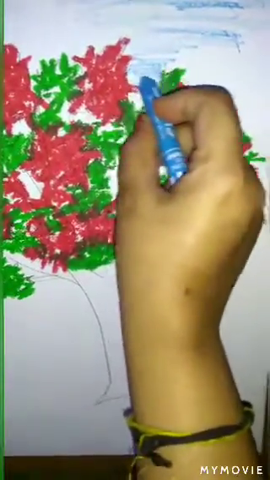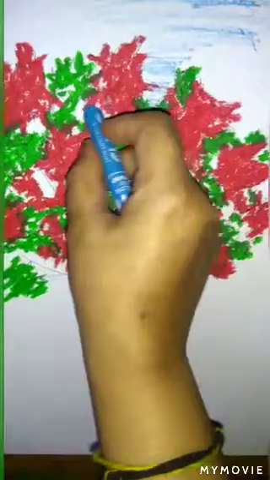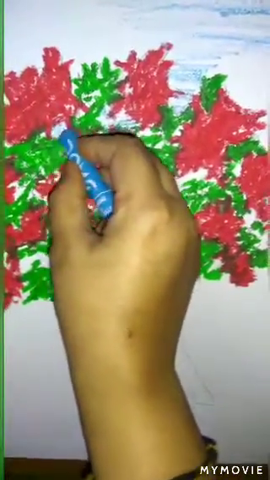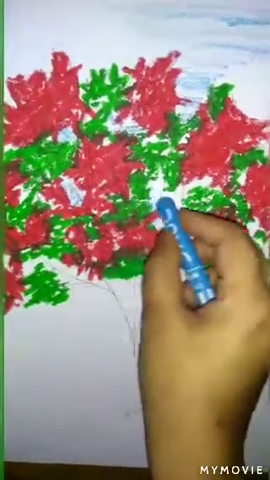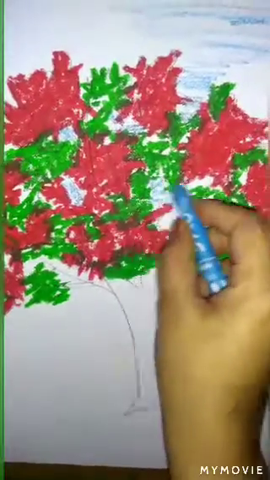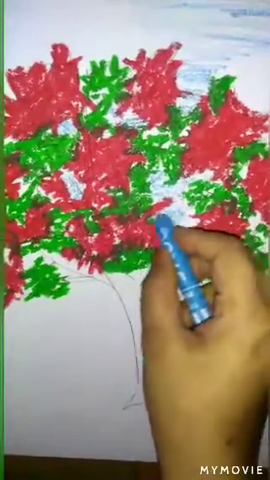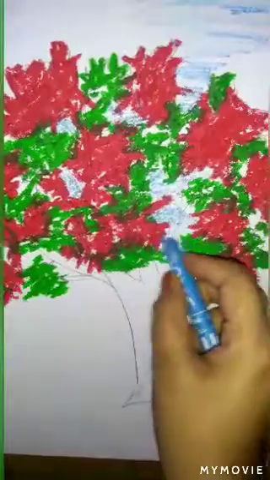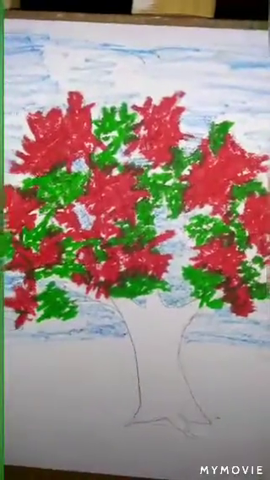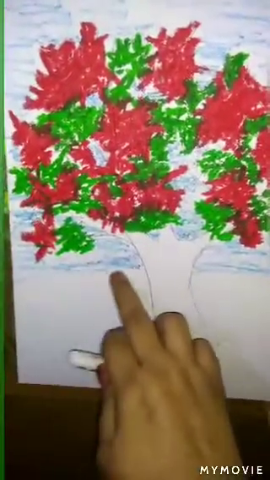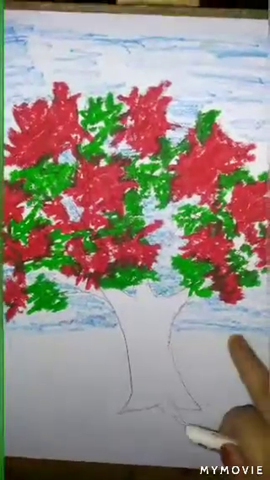Okay, wherever white is shown between the gaps of the tree, we are going to fill it with this light blue, but very lightly. So I have filled till here with light blue very lightly.